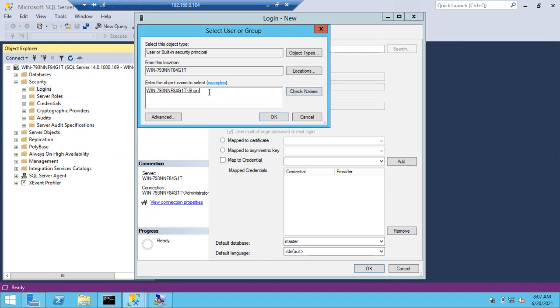name like this. If the username already exists on the Windows machine, you will get a name like this. What is this name? Computer name slash your username. You can see this name as a computer name. This is the computer name slash your username. In case your account is created in the Active Directory domain, you will get domain name slash username. Okay, I'll tell you. Click OK.